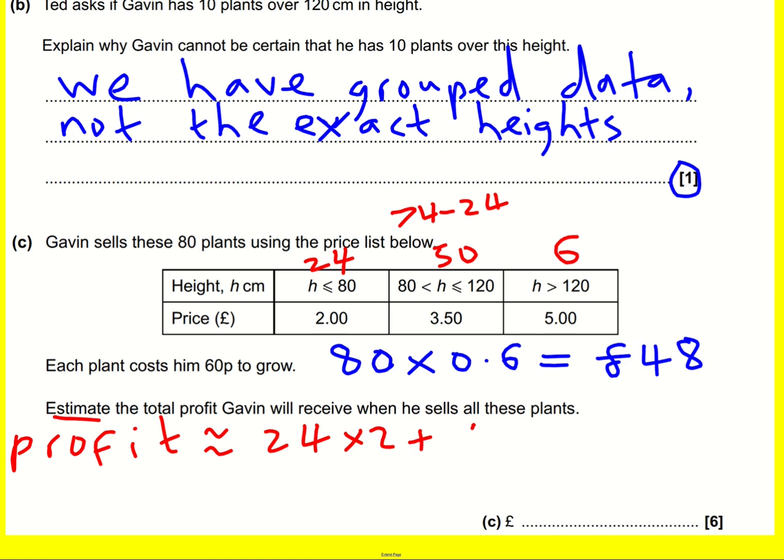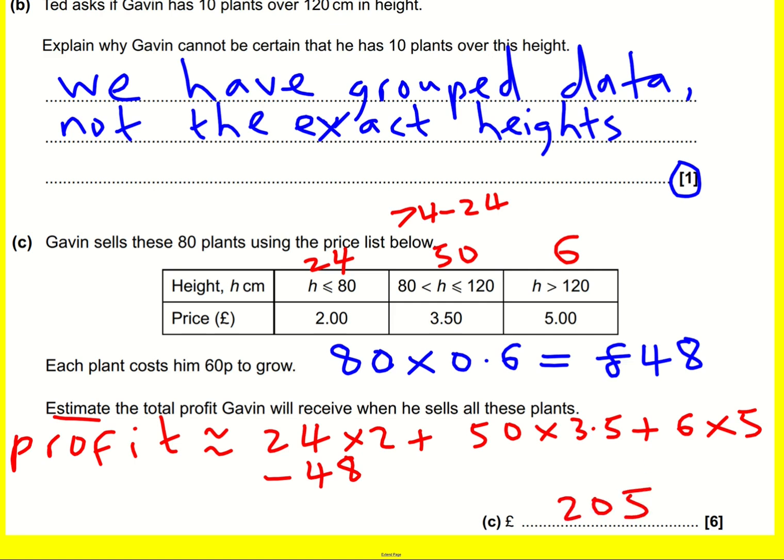I've then got 50 plants that were being sold for £3.50 each. And then I've got 6 plants sold for £5 each. But I need to minus the £48 that Gavin spent on this. Okay, calculator comes out now. And I get £205